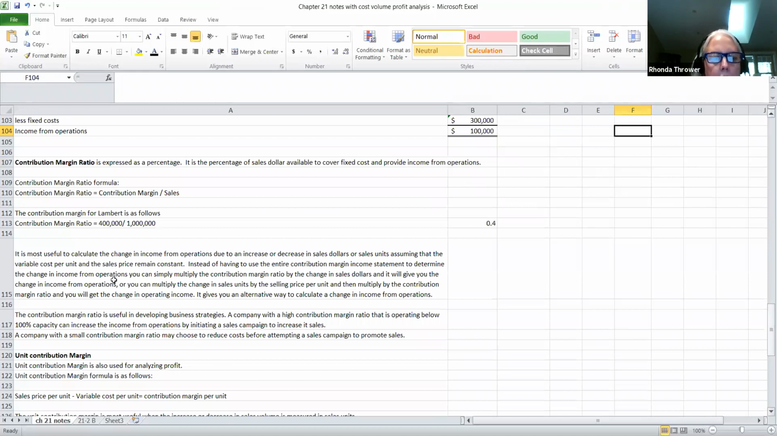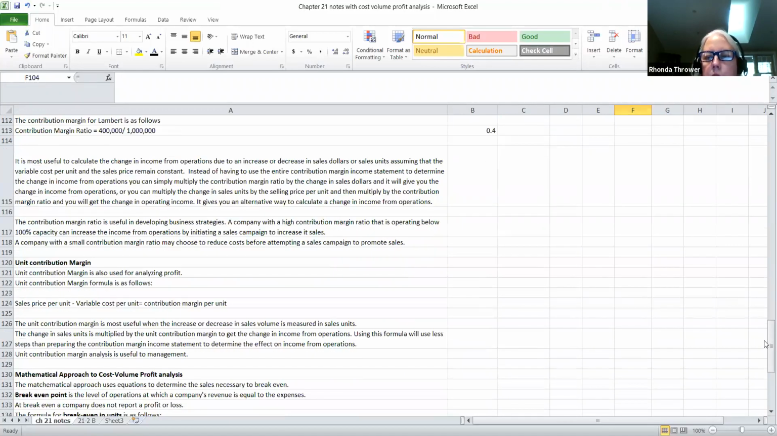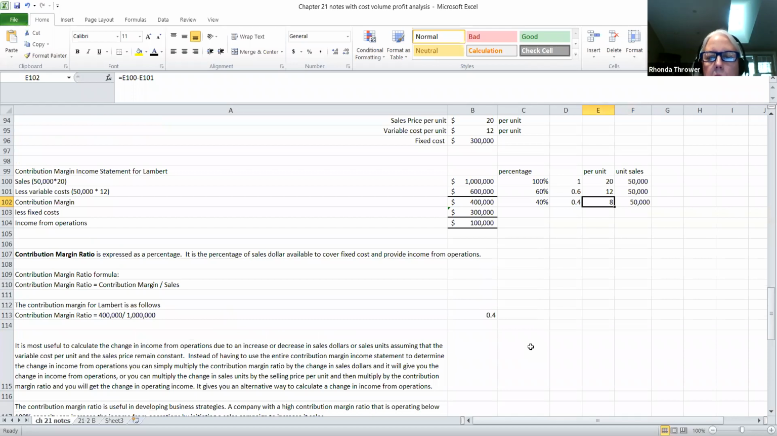But getting back to the unit contribution margin, our unit contribution margin is $8. That's what the unit contribution margin is. And again, we could take that, I don't know why that's happening there. I hope you couldn't see that, but maybe you did. Anyway,